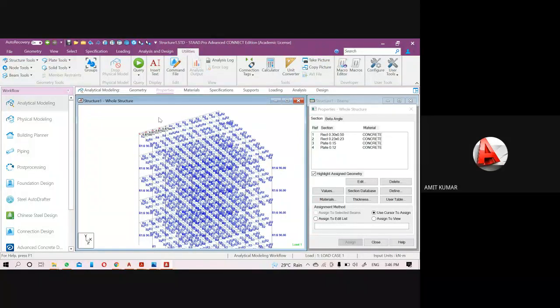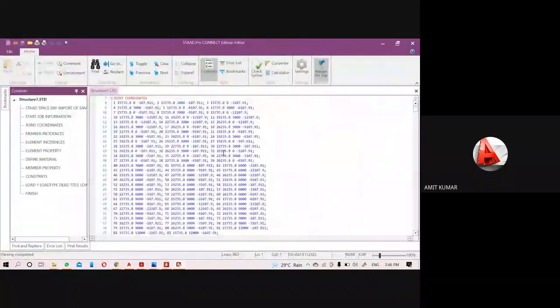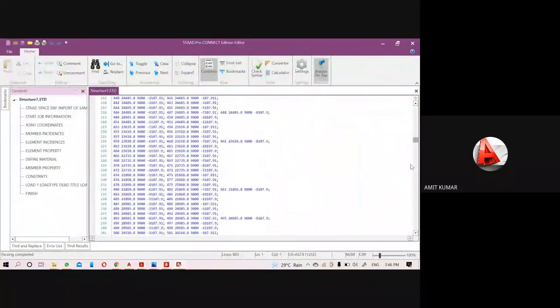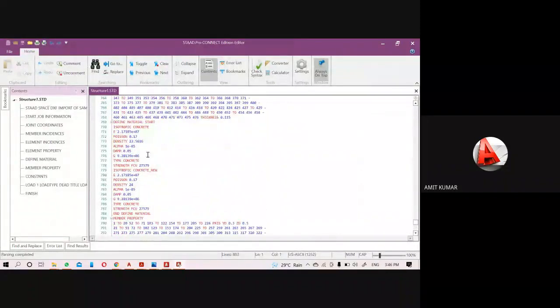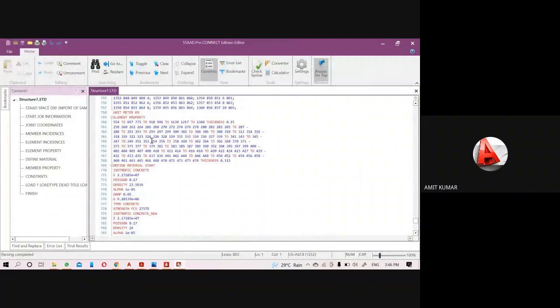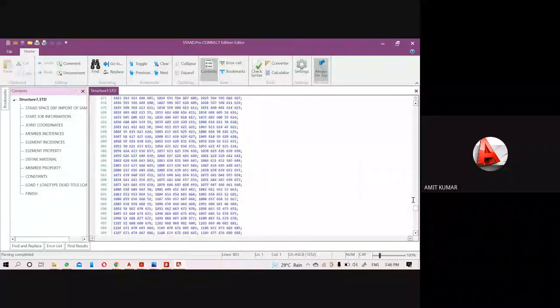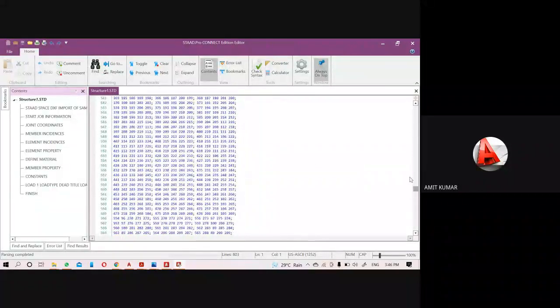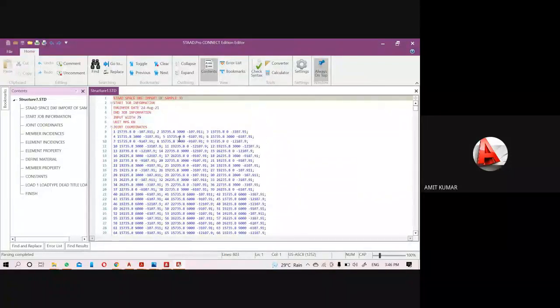How? Just see it. So come to the command file and just see here. First, I just imported this file from the DXF.